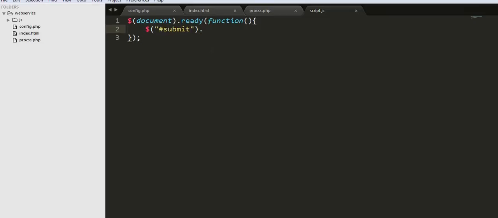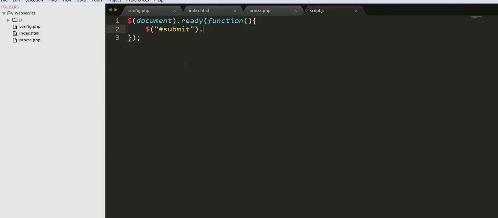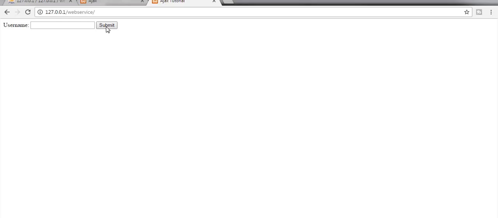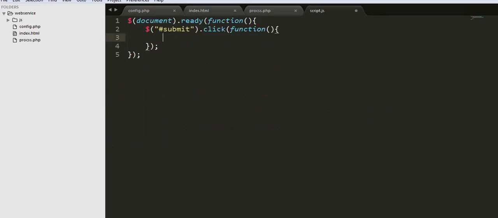Here I need to pass the ID of our button, which is this ID I need to pass. Dot click function. Okay, here I'm saying whenever a user clicks on this button with an ID of submit, that is this one,